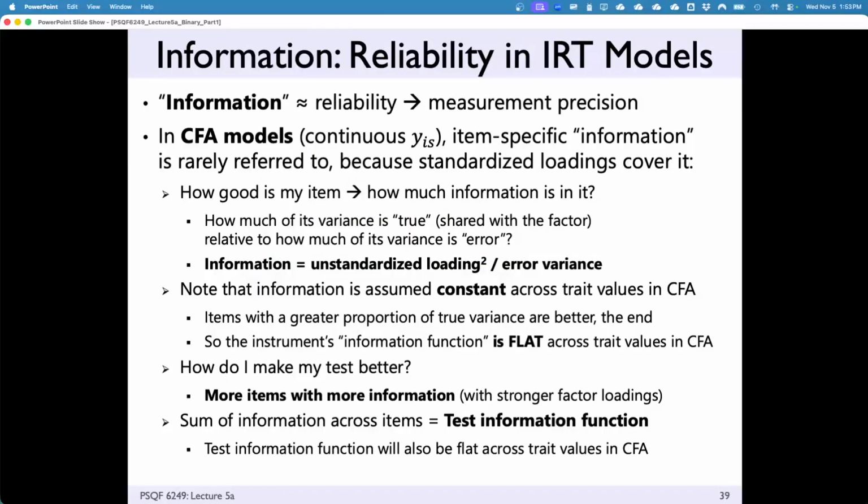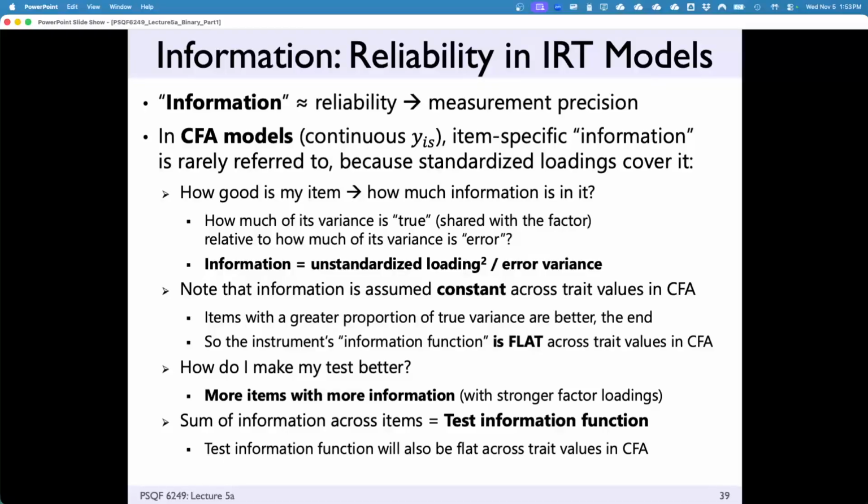Item ability or reliability in factor analysis. Reliability is what we term. We mentioned before coefficient alpha, Spearman-Brown, coefficient omega. You've seen those. We talked about that a little bit in the factor analysis unit. In item response theory, there is no one reliability. That's the thing to take from it.